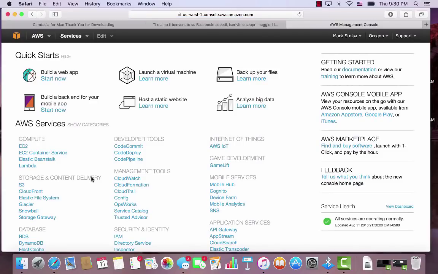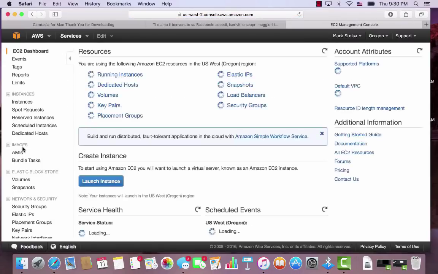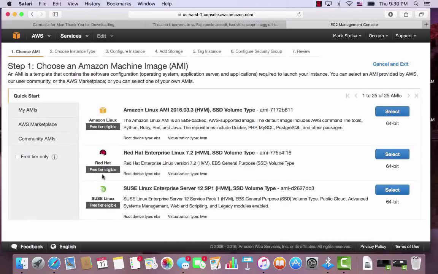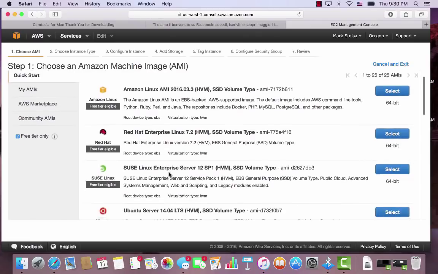Now we're going to click EC2 under compute right there. EC2. Now we're going to hit launch instance. Then check the box that says free tier only. And then I'm going to scroll all the way down